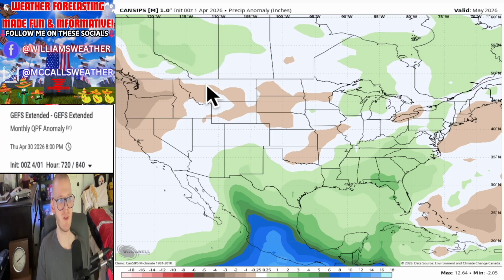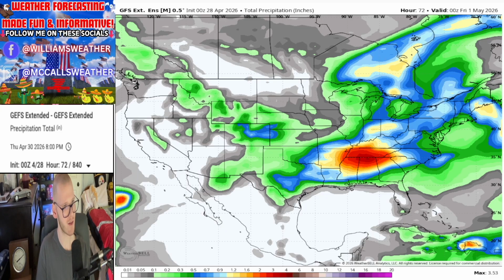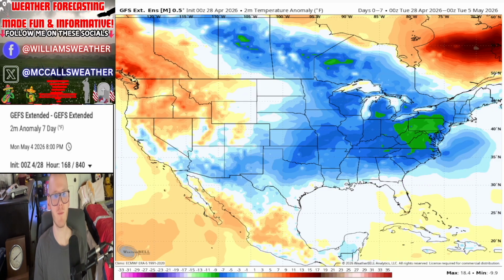Now on to the temperatures of what we could expect for the month of May, as we have been dealing with a pretty warm month of April. And it's looking like we're going to start off May pretty chilly for much of us here in the eastern part of the country. This also includes the southwest, but it looks like the northwest and much of the western part of the country is going to be starting off May on a warm note.